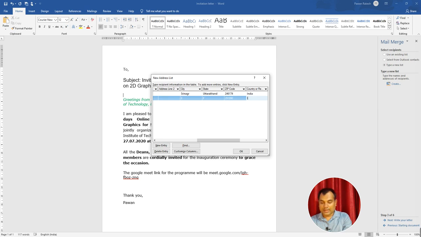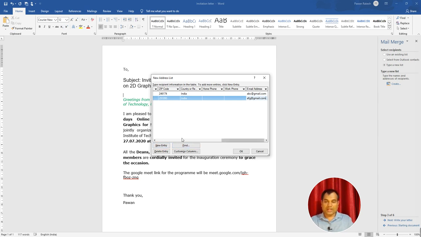Then you write the country, and if you want you can add the email address, efg@gmail.com. In this way you can create the new address list.